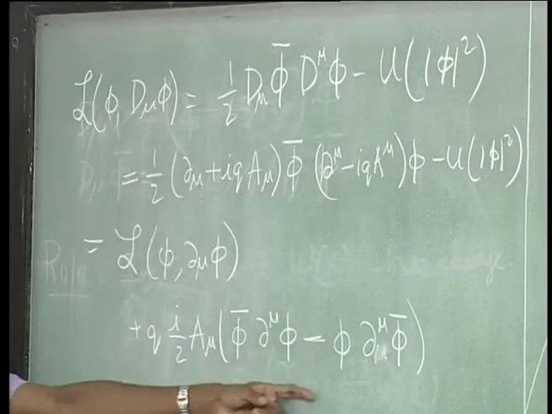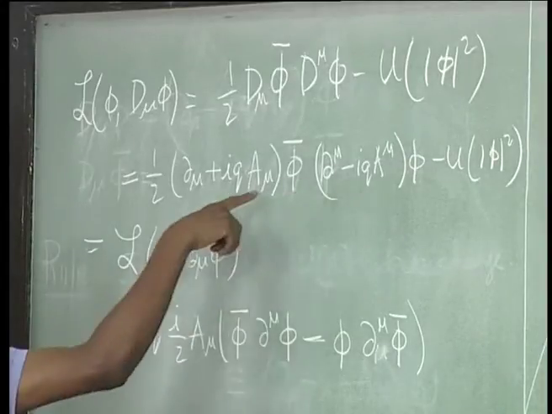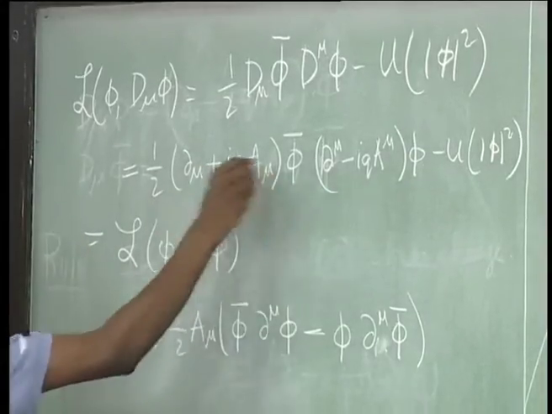So, this is the linear piece, and then there is a quadratic piece which is just with this. So, minus